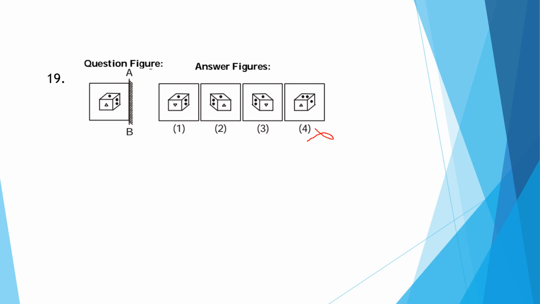And this triangle showing up direction, in this first showing down direction, so this is not a correct option. And in this third option also this triangle showing down direction, so this is also not an option. So the correct option is 2. See this triangle as it is will come, just these 2 dots will come to this side. So the correct answer is 2.